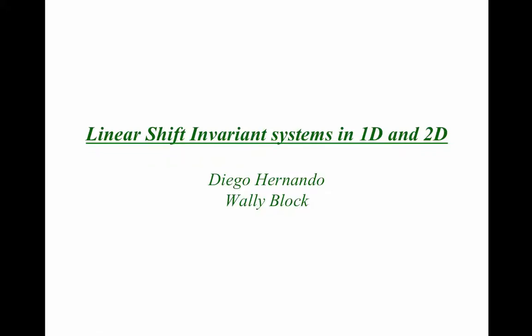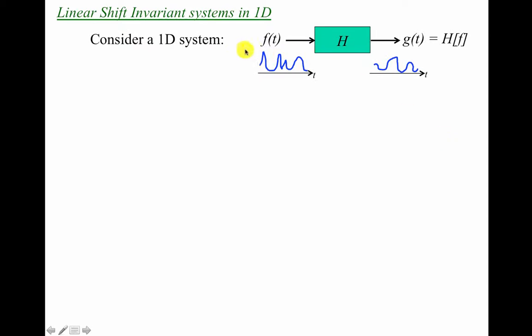In this video, we will go over linear shift-invariant systems in 1D and 2D. Let's start by considering the 1D case. So we have a 1D system that takes a signal f, maybe a function of time, and transforms it into